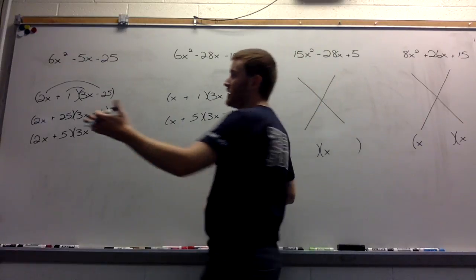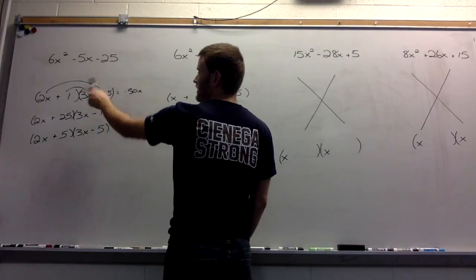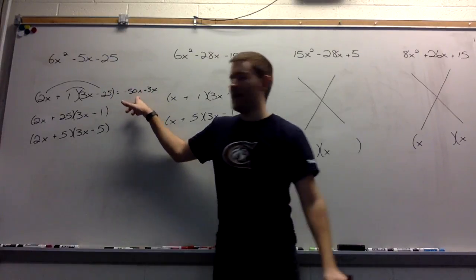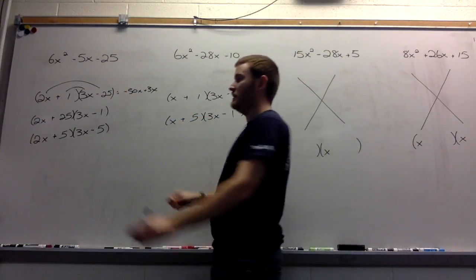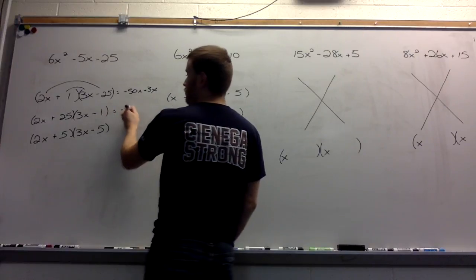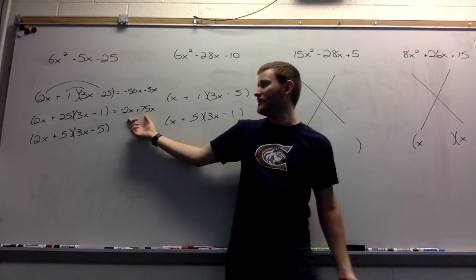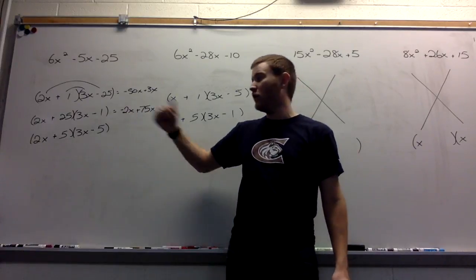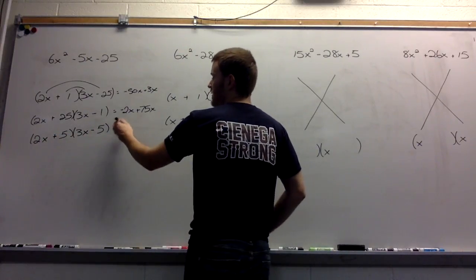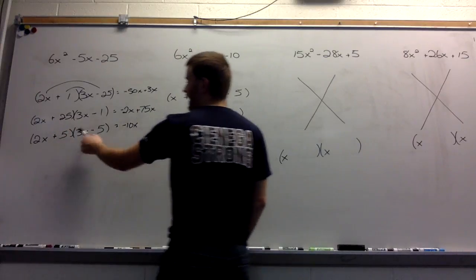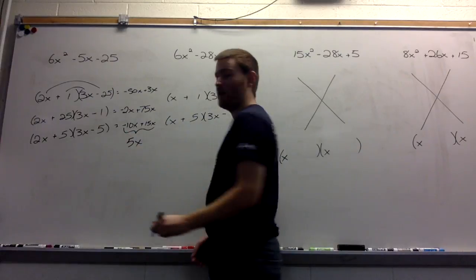So I multiply outside, inside. The first one, I've got negative 50x and positive 3x. That's a negative 47, and it's not our answer. The second one, I multiply outside and inside. I have a negative 2x and a positive 75x. That's going to add together to get 73x, and that's even farther off. That's not our answer. The third one, I've got 5 and 2 to give me a negative 10x, a 5 and 3x to give me a 15x, and those will add together to get a 5x, which is what